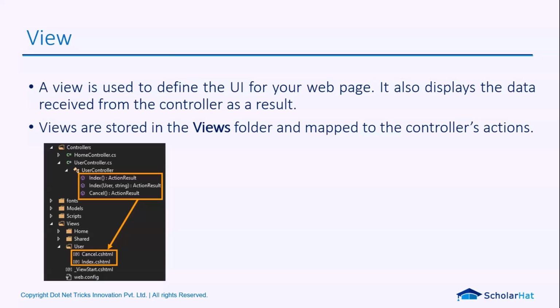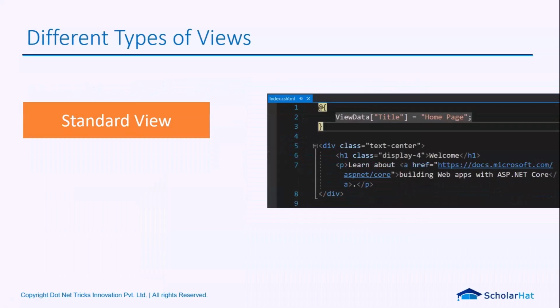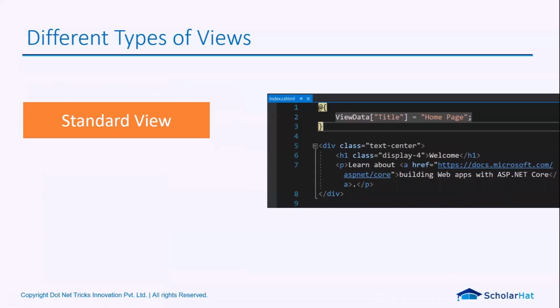The next thing we have here is, what are the different types of views we can create? First we have the standard view. Standard views are used to create a view with some standard information, where we are displaying some standard content. So we have the content for the home page. We can have one for the about us page. This is the standard view. Then we have here